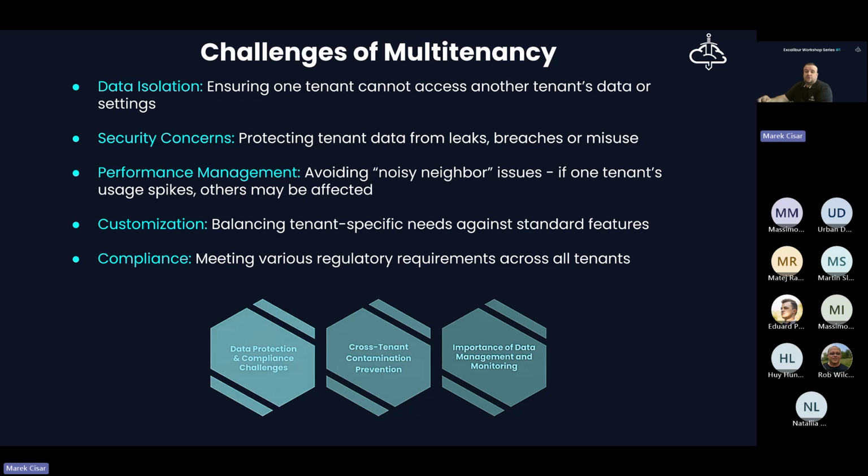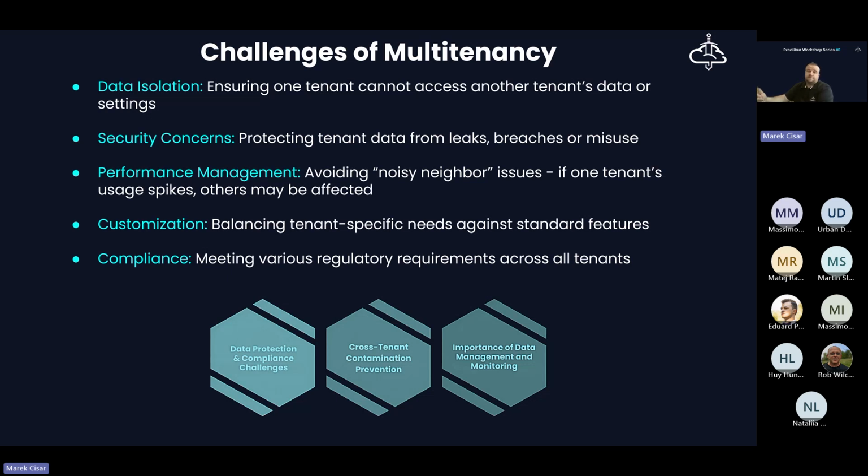So also we need to think about the possibility of customizations. So many tenants have different needs or specifications or processes, how to use the application, how to configure it. So there must be a different layer of flexibility than in the legacy or standard non-multi-tenant applications. So there must be such functionality possible.